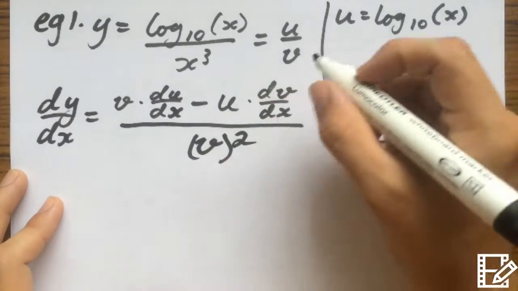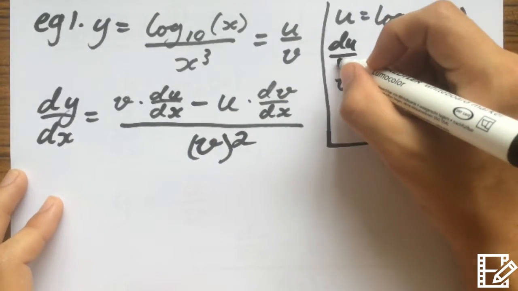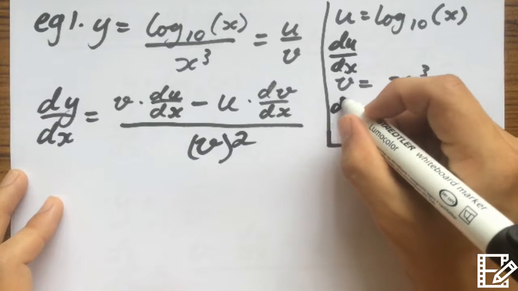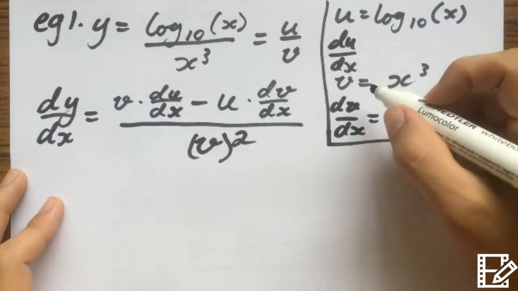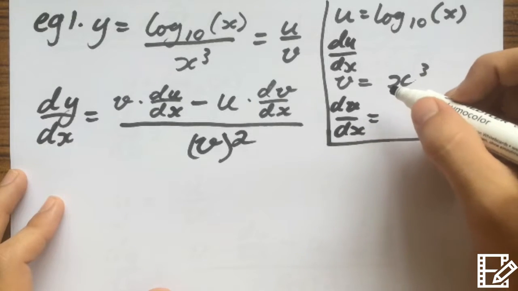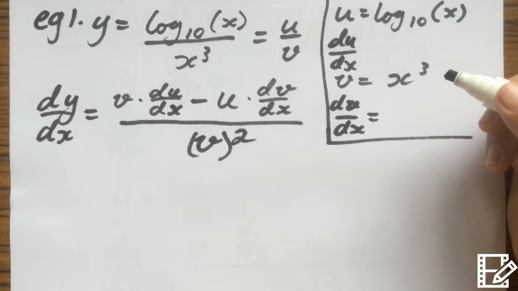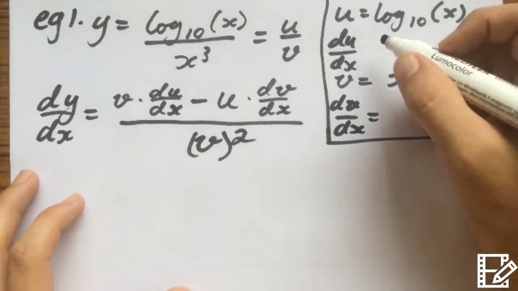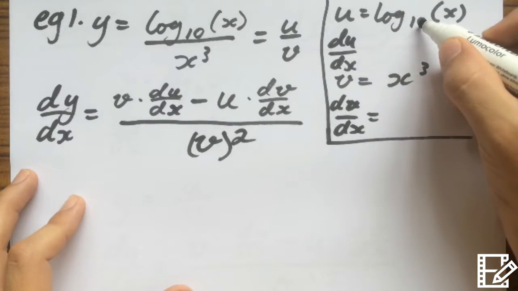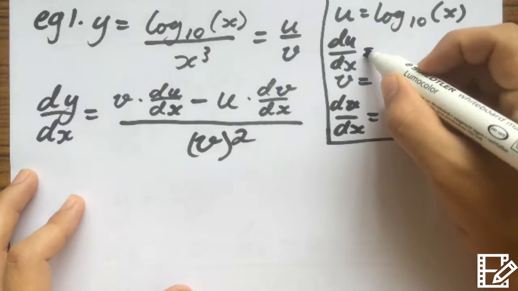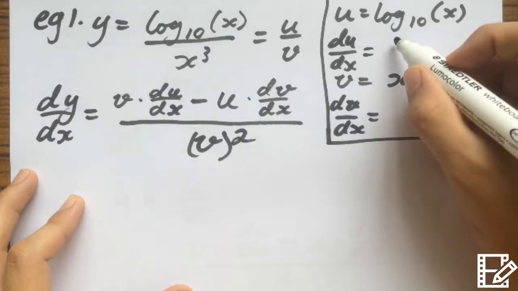This says that we need to find the derivative of u and we need to find the derivative of v. That doesn't look like a v, but I hope because I said a v, you know what my bad writing looks like. Anyway, so if u is log to the base of 10, x,